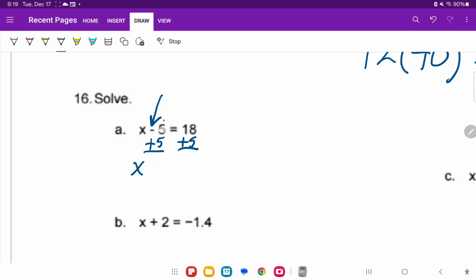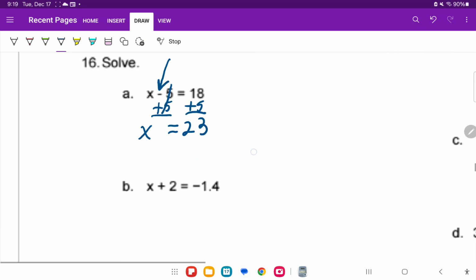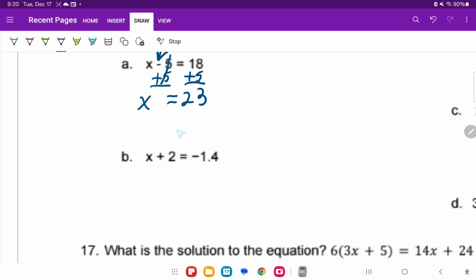So x, this will cancel, bring down your equals, and then that will be 23. Okay, so then right here, we look at that, the opposite of that is to subtract 2, like that. So bring down your x, this cancels, bring down your equals, and then that's going to combine to give you negative